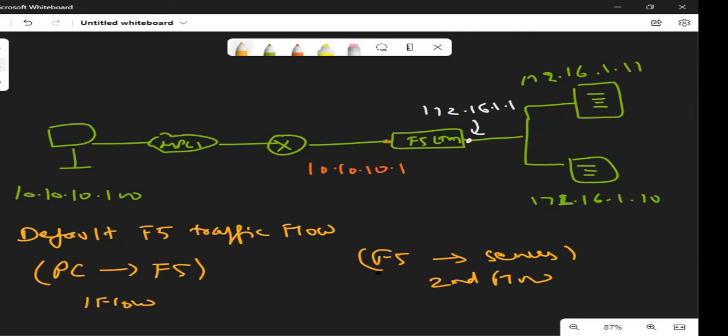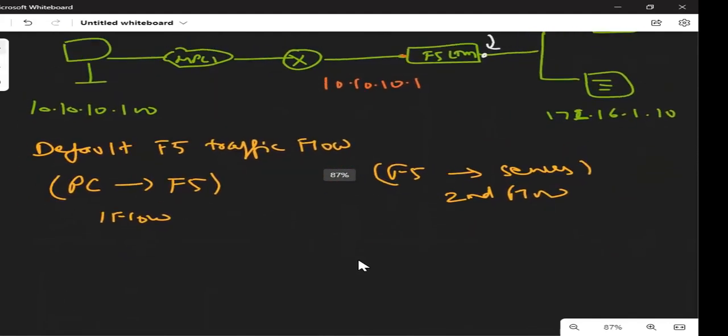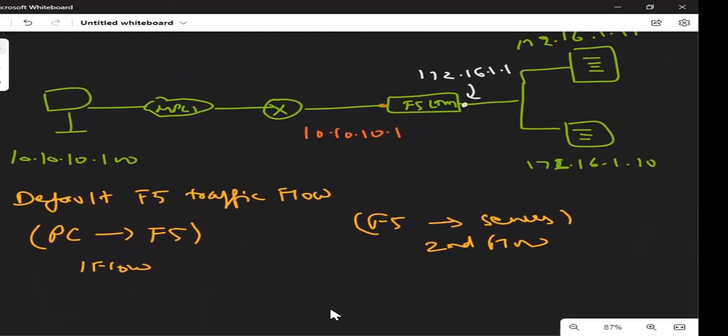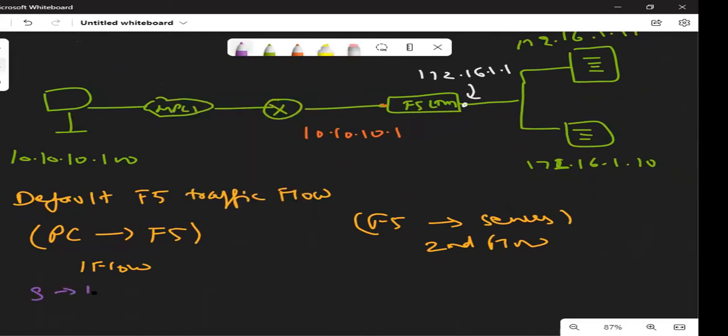So there are two flows available. In our scenario, the first flow will have source 10.10.10.100 and destination 10.10.10.1.